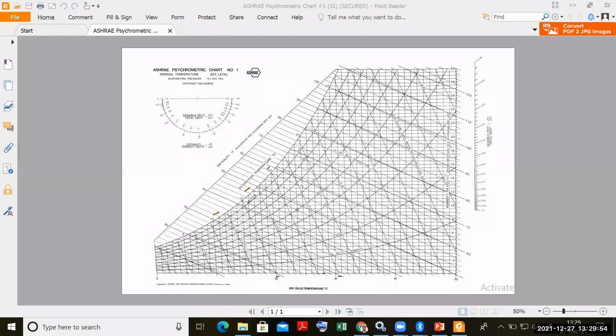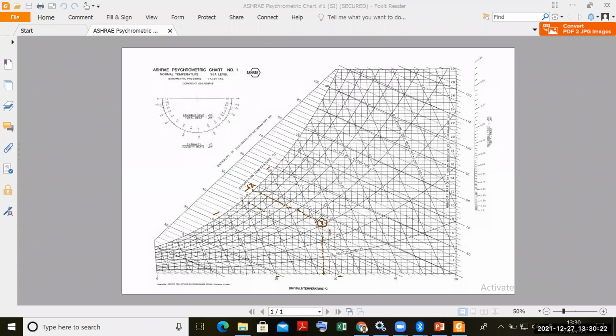And these dash lines, what you see here, these are the constant WBT lines. So 15, here it will be 16, here it will be 17. So this is a 17 actually. So I have to come down with the constant line and I have to stop wherever I get a 28 degrees Celsius DBT. So here is my point. So this is a point 1.